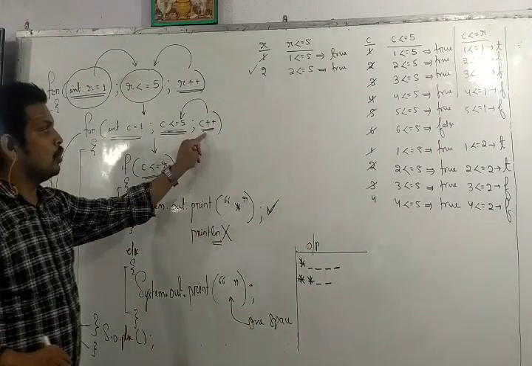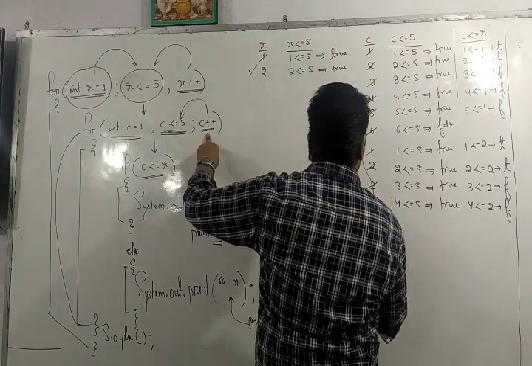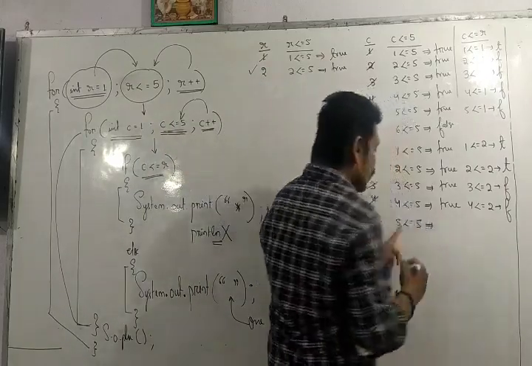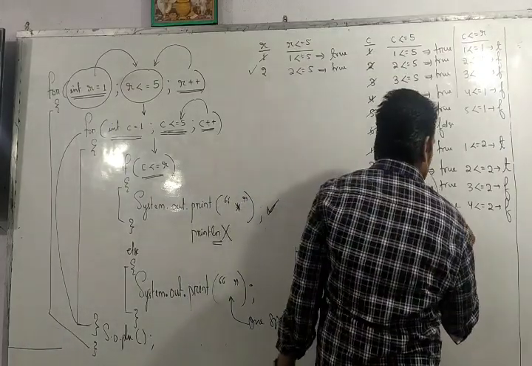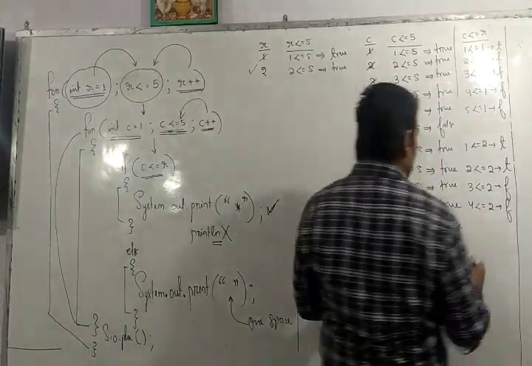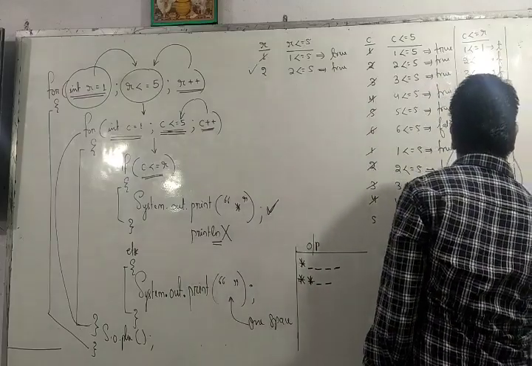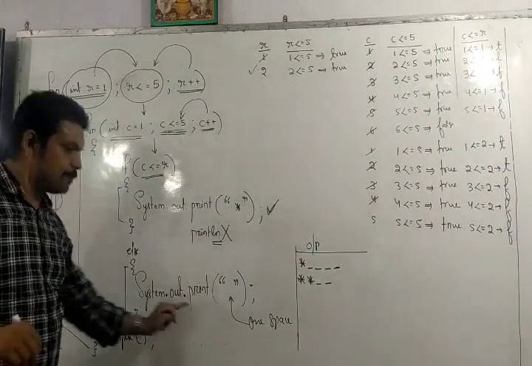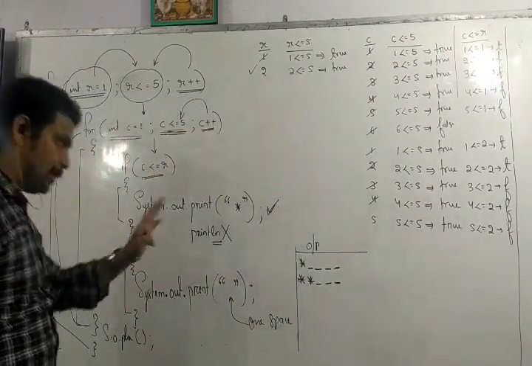Then again, the control will go to the updation expression of the inner for loop, that is C++. C is 5. Then C less than or equal to 5 means 5 is less than or equal to 5. Is 5 less than 5? No. But is 5 equal to 5? Yes. So we are getting true. Then C less than or equal to R. What is C? 5. 5 less than or equal to R. R is 2. So it is false. If it is false, the control will go to the else part, so it will display one space.